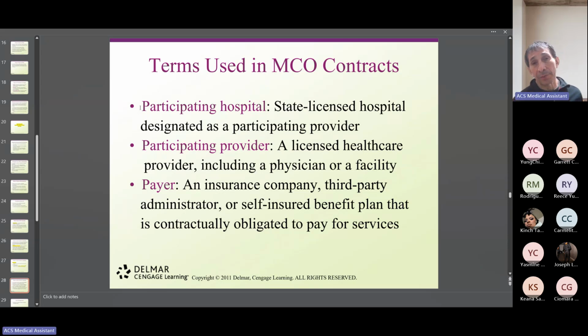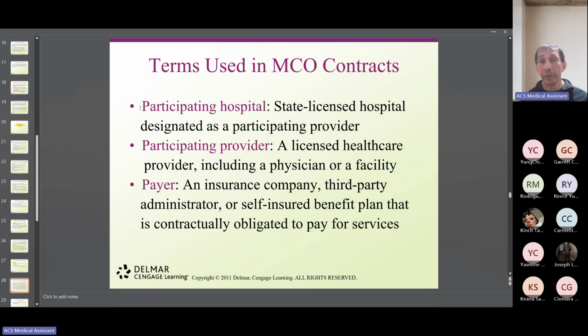So when I was working at the hospital, I get paid by the hospital, not by the insurance. Yes, I'm the one who saw the patient. I'm the one who got that procedure, diagnosis. I'm the one who generates this superbill or encounter form, and I gave it to the billing department, and they bill, but they're not going to bill under my name or on my behalf. They're going to bill on behalf of the hospital because I'm an employee from the hospital. The hospital is not mine. We work for them. So that's what is called participating hospital.